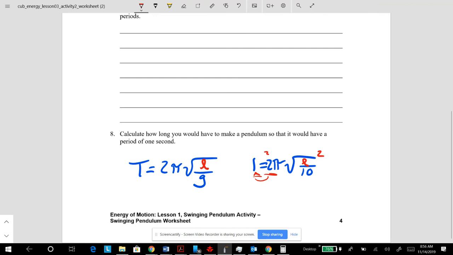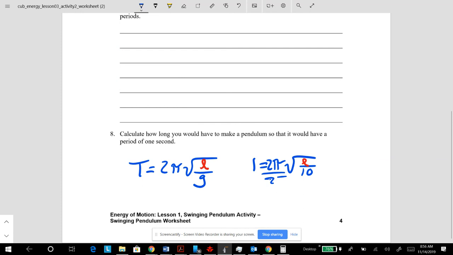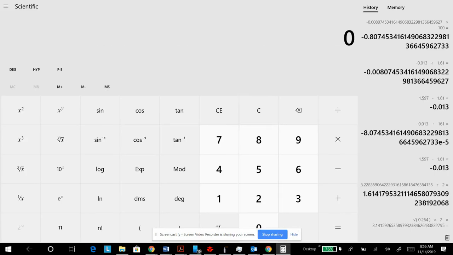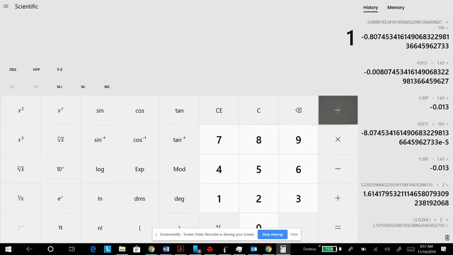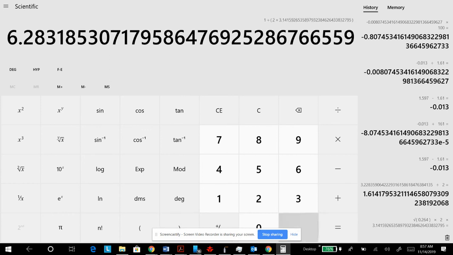All right. Why not? Okay. So for this whole equation, we're going to divide by 2 pi on both sides. So 1 divided by 2 pi. So I go 1 divided by 2 times pi equals